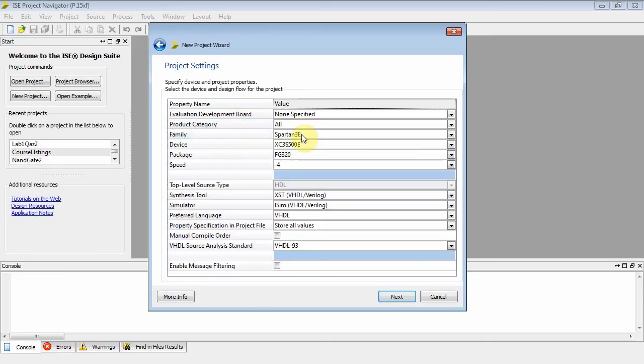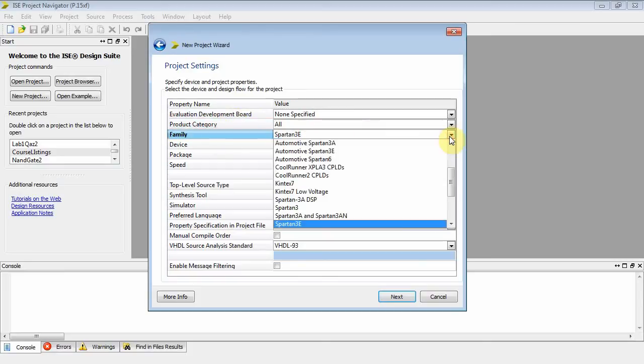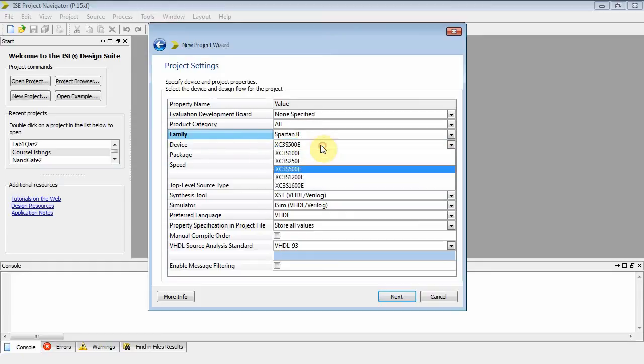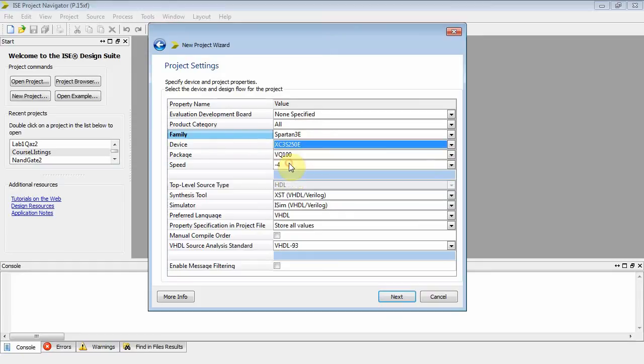The family we're using is the Spartan 3E. Now, you remember in class, there was also a Spartan 3. That's what the author's using in the text, but we're going to use a Spartan 3E. So make sure that's Spartan 3E. Now with the Spartan 3E, there's a bunch of different chips. You've got the 250E, 3S500E. Well, that's the one we're going to use. Make sure that's set to